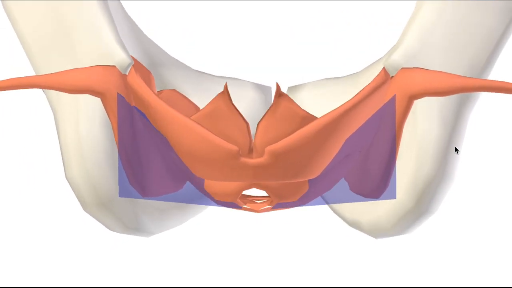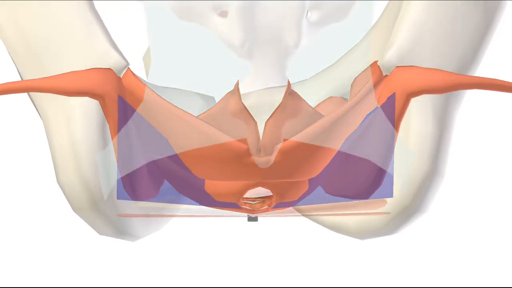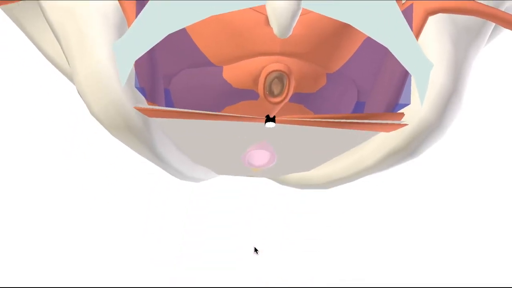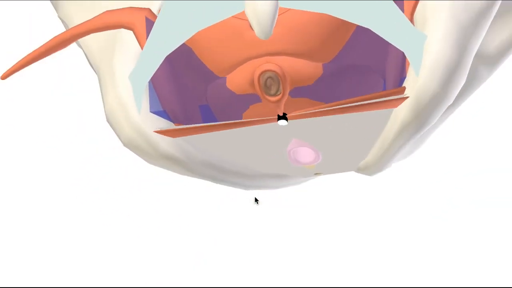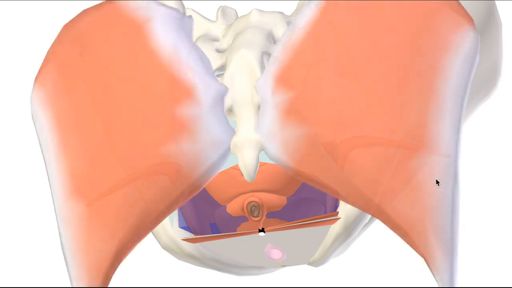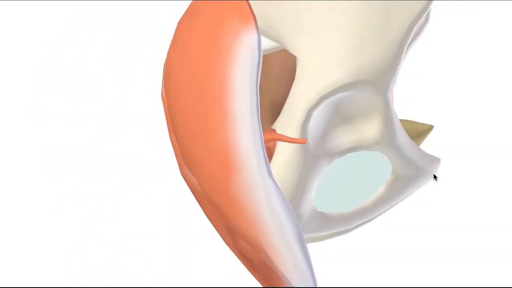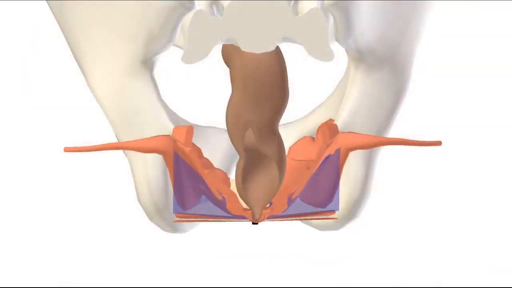As I mentioned, the lateral wall is obturator internus and part of the pubic bone. The medial wall, the pelvic floor muscles. The floor is the deep perineal fascia. And the posterior wall is the sacrotuberous ligament, as well as gluteus maximus. This view might look more familiar to you